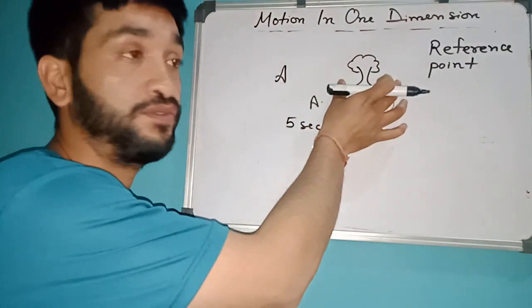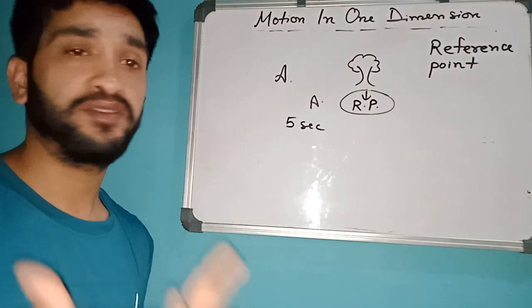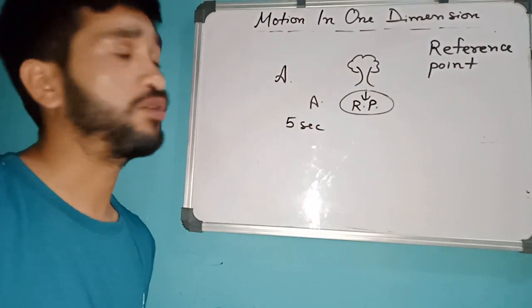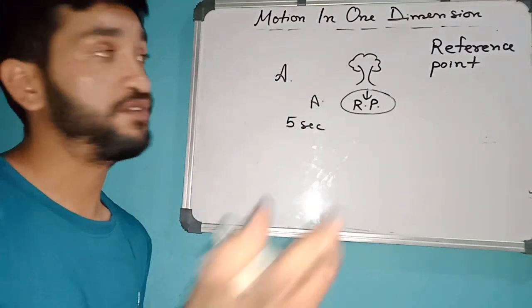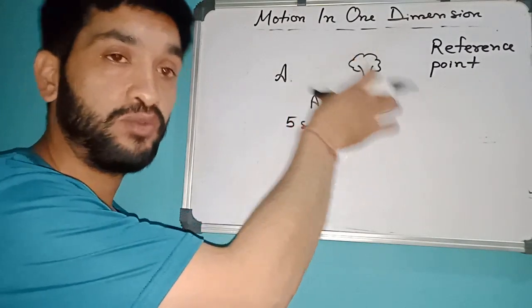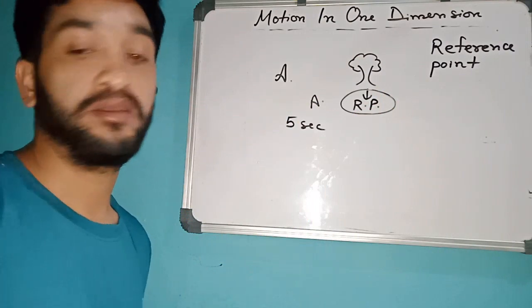If with respect to the reference point the position of a given person or a given material, whatever it is, changes with reference to a reference point, it means that it is in motion. But suppose the condition would have been different, like